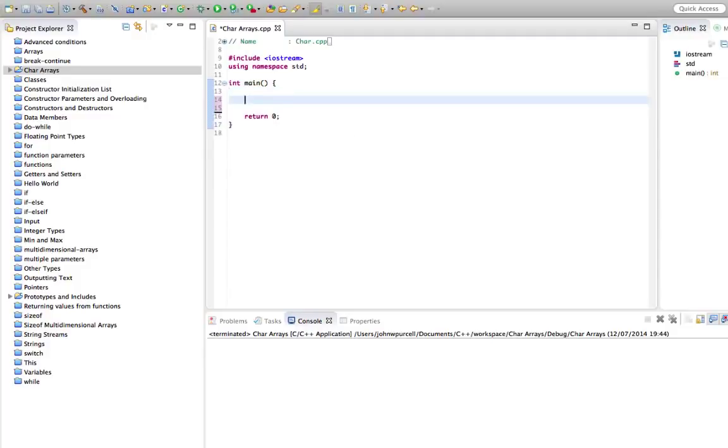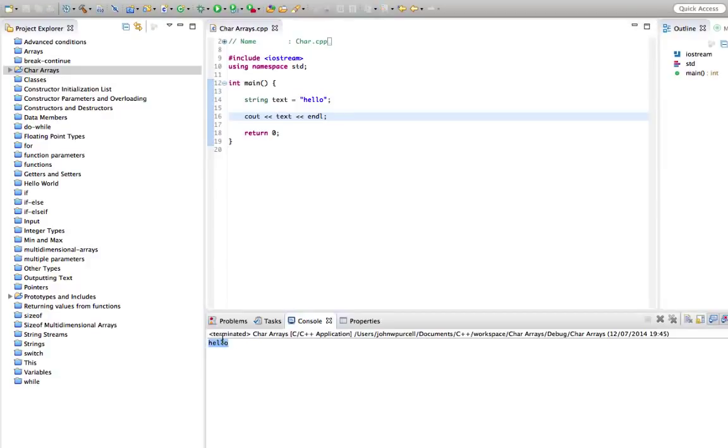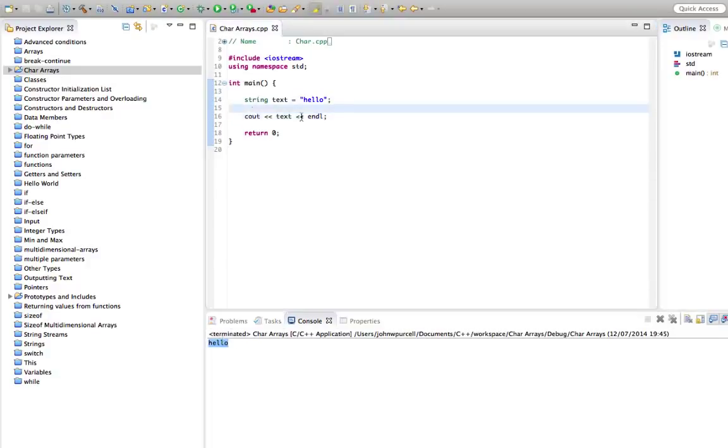So we've seen that before. You can define strings of text in C++ like this. Let's say string text equals "hello", and we can output it with cout like this, text endl. Let's run that. So we've seen this previously in this tutorial series, C++ for complete beginners, but we can also